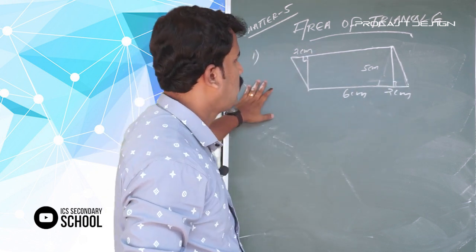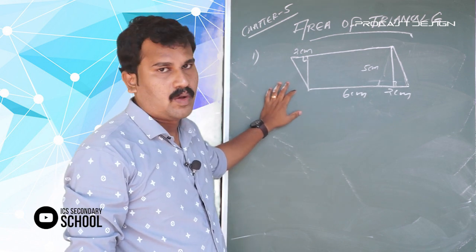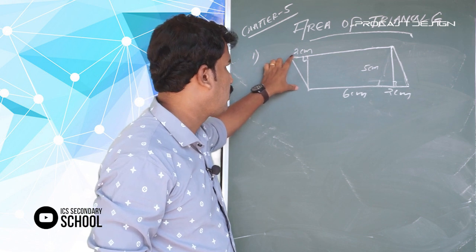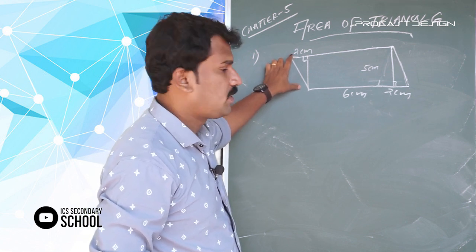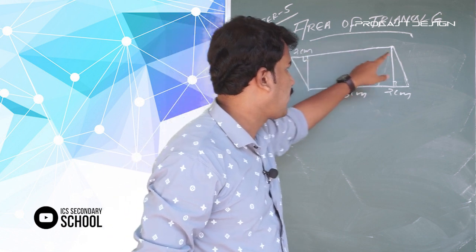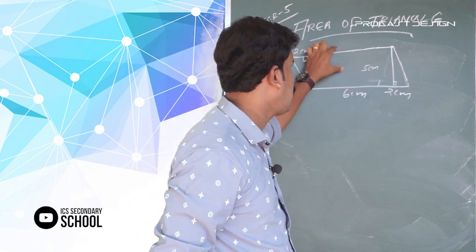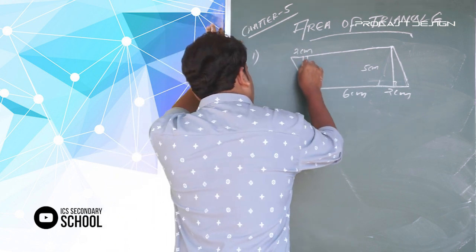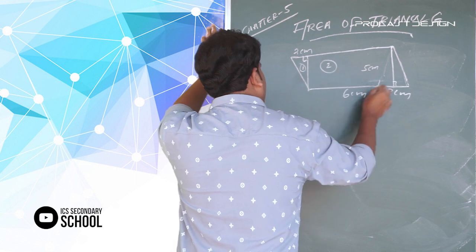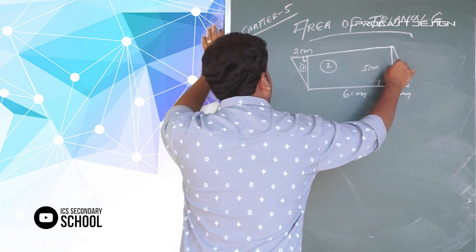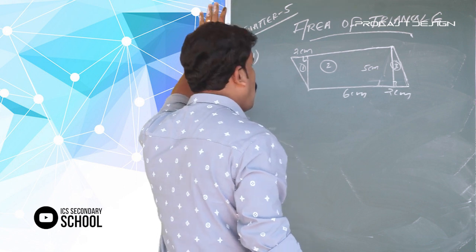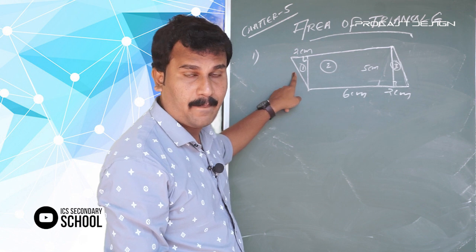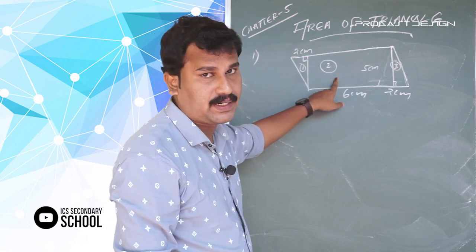So look at this picture. Find the area of the given figure. Here we have two right angle triangles at the two ends, then one rectangle. So here are three sections: this is one right angle triangle, this is the rectangle, then the third is also a right angle triangle. So the area of the figure means the area of the right angle triangle plus the area of the rectangle